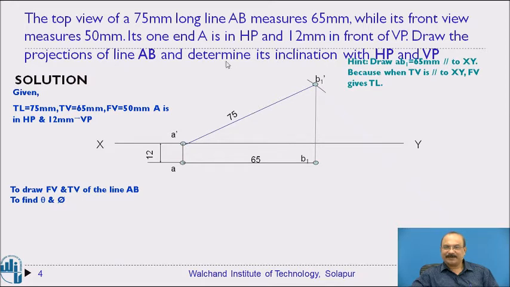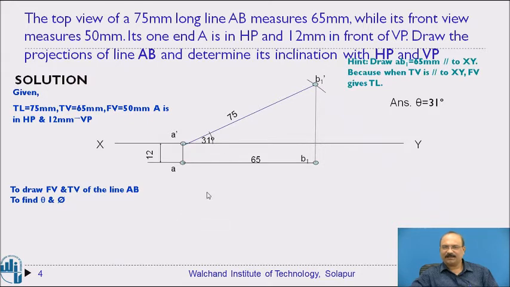Now it is expected in the problem to determine its inclination with HP and VP. So this angle is nothing but the angle made by the line with the horizontal reference plane. This is what you are going to represent here as the angle theta. This is expected in the problem. So now you got this angle theta, which is around 31 degrees. Plus or minus 1 degree is considerable as an error, but preferably, as much as possible, you should get accurate angles only. Here theta is 31 degrees. One condition you have got.